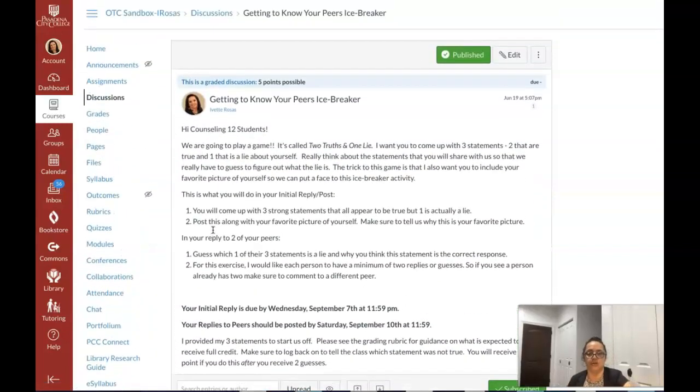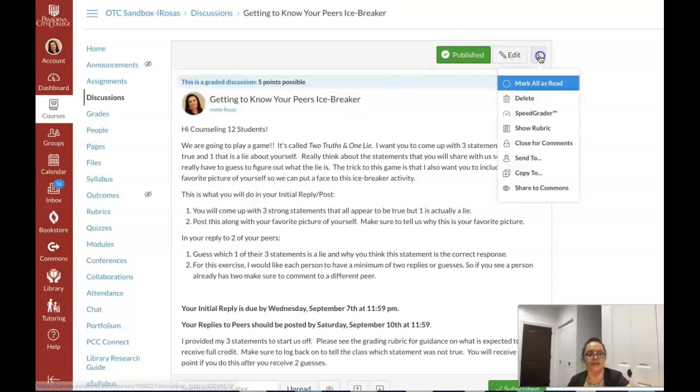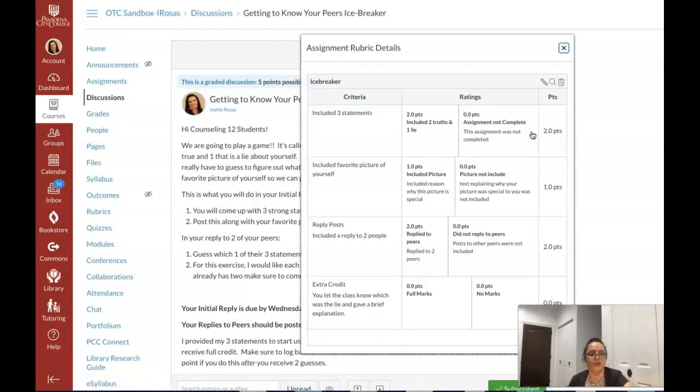And then one last thing. Make sure that you go up and look at the rubric requirements. So that basically tells you how I'm going to assess points. These posts are usually worth 5 points, but because I also want you to remember to come back and tell the class which was your lie and give a little brief explanation, that's going to give you an additional extra credit point. So then this could be potentially worth 6 points for you. Okay? I hope that makes sense,